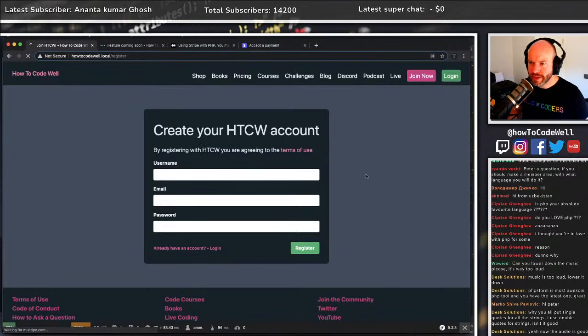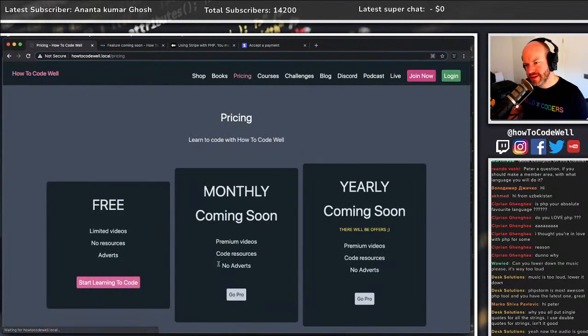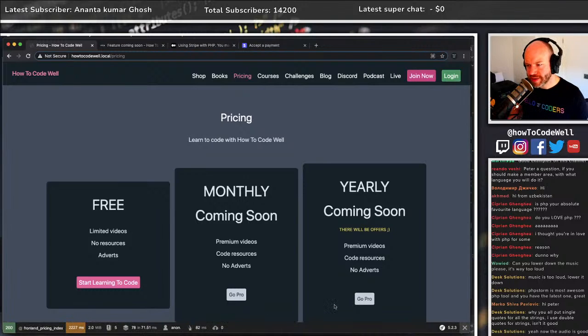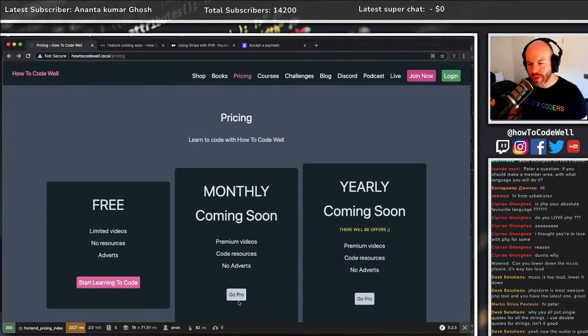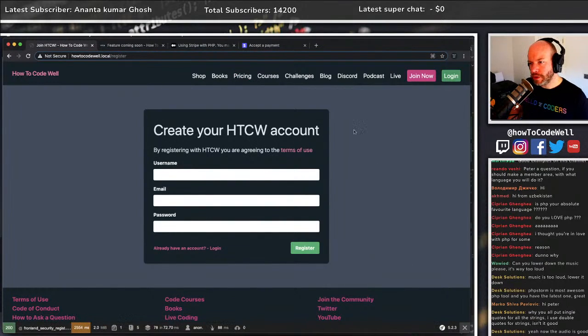So what I need to do when we hit pricing, when we hit these two, instead of automatically taking the user to checkout as they are currently doing, which is fine, we need to bounce them over to here, the registration form. We need to somehow store, I'll do it in a session, the choice that the user has made. They fill out all of this stuff, and instead of registering the user,